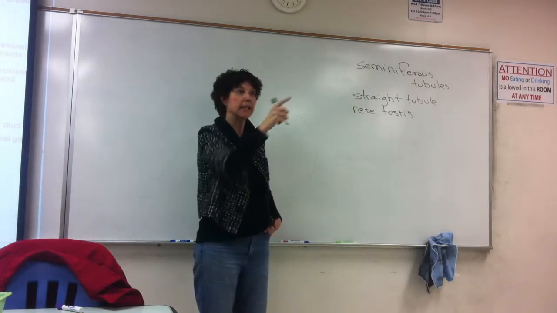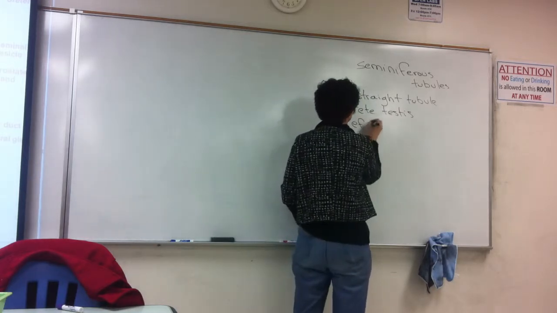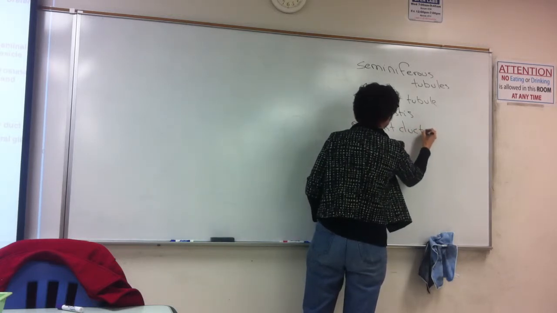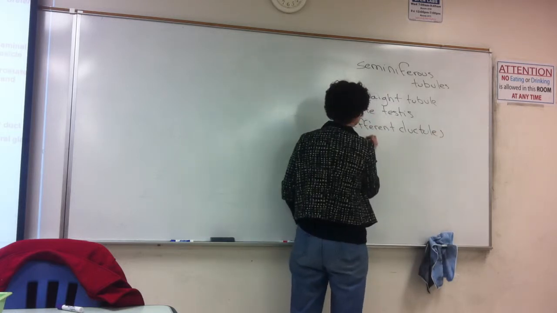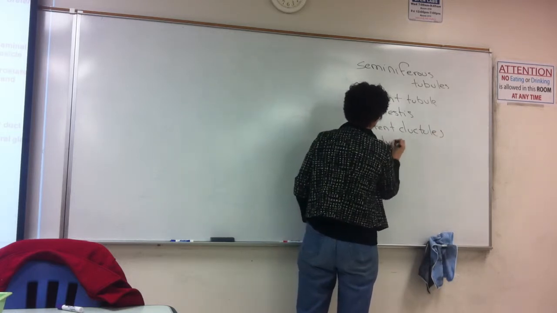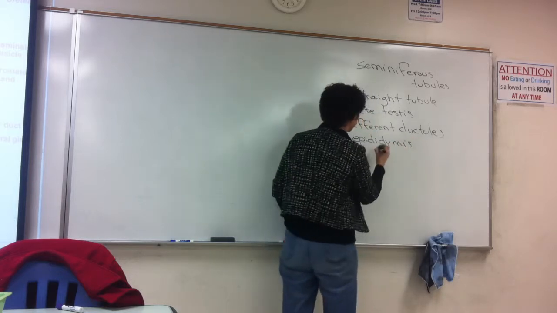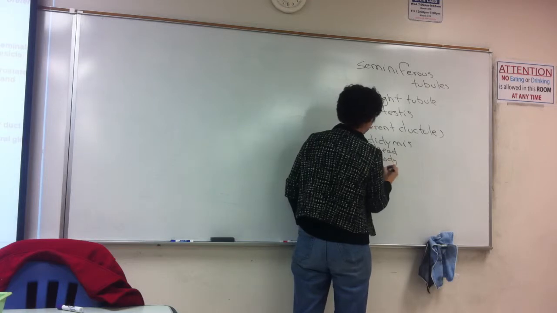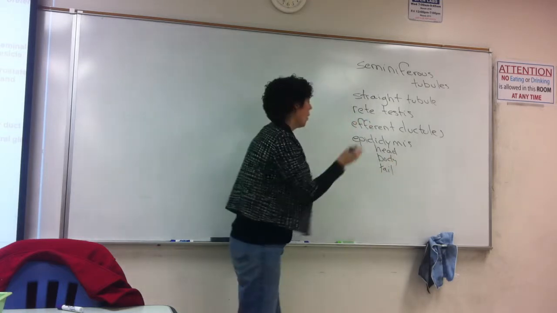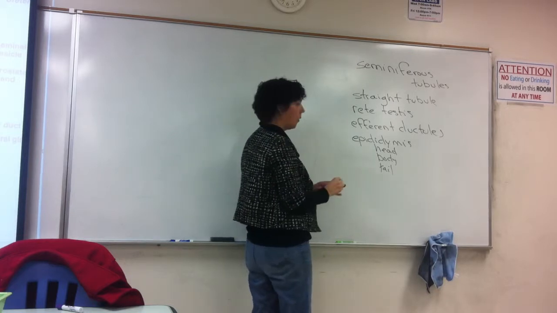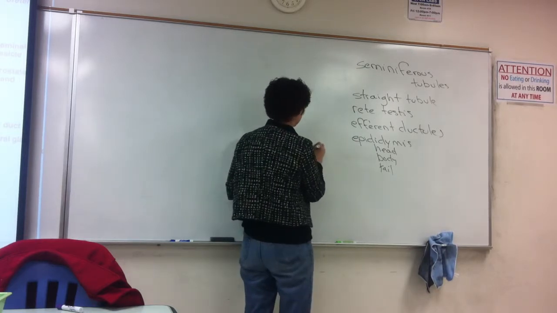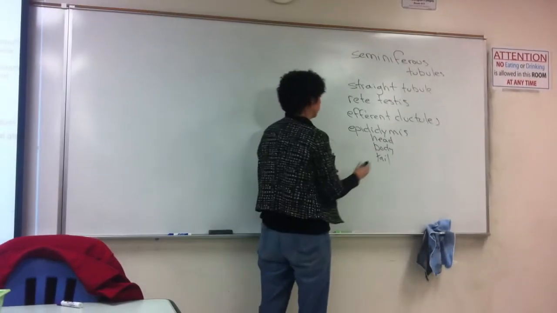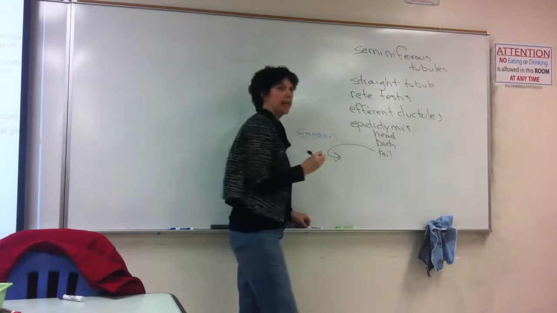Now we're out of the testes, efferent ductules connecting the testes to the epididymis. And in the epididymis we have head, body, and tail. Okay? Emission, if you recall, was the sperm leaving the tail of the epididymis and passing through the,